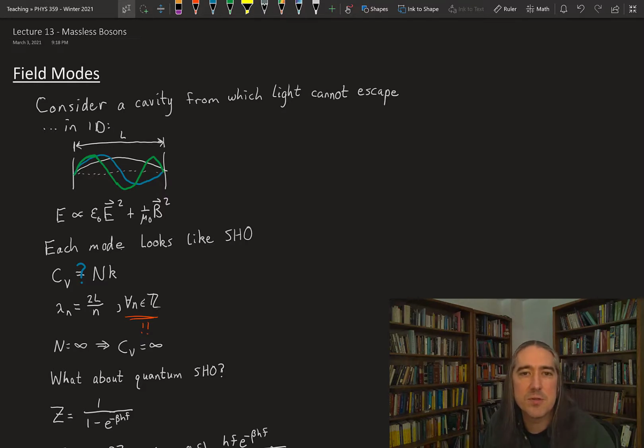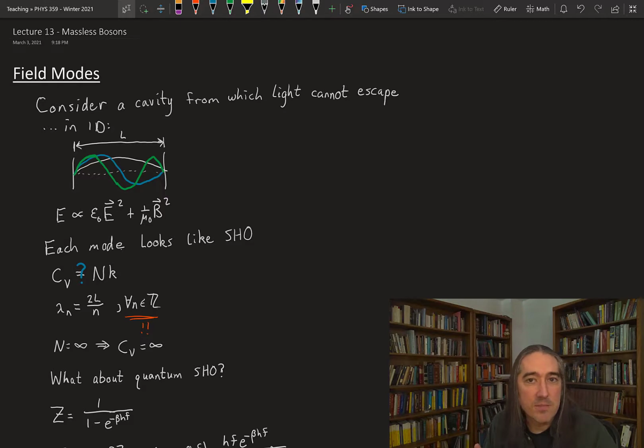So the picture that you want to start with for thinking about the thermodynamics of light, well, if I turn on a flashlight and some light goes shining away from me, there's no sense in which that's going to be at equilibrium, right? It's traveling away. I need my light to be sort of trapped in one spot. Then I can think about light coming to equilibrium. The way we'll talk about trapping light in one spot is in some kind of cavity. So literally just a container with an empty spot in the middle. And in the middle where there's no material, we can have light build up an equilibrium state.